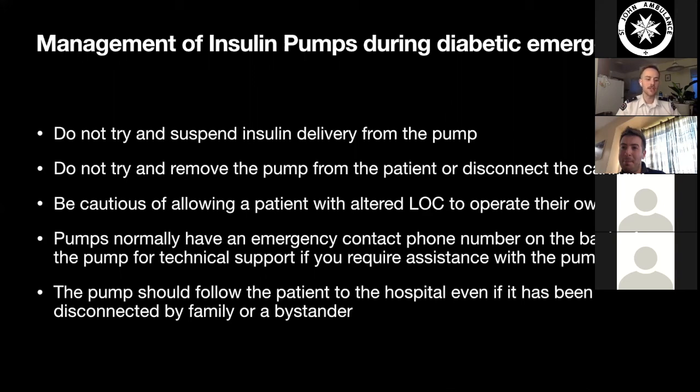If you have a patient, particularly a patient that's going to be in an altered level of consciousness that's presented to you there, I would be cautious of letting them operate their own pump. And that's a little bit of a judgment call. You have to understand and respect that people with any medical condition, particularly something like diabetes that requires ongoing active management, are going to be the biggest experts in their own diabetes. And they're going to know typically what's wrong and what needs to happen. So you have to use your judgment,